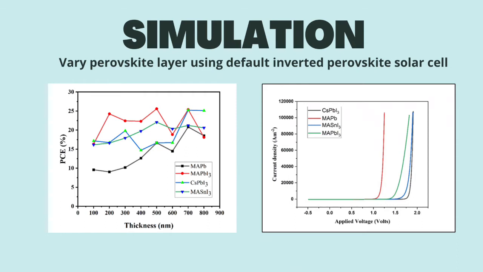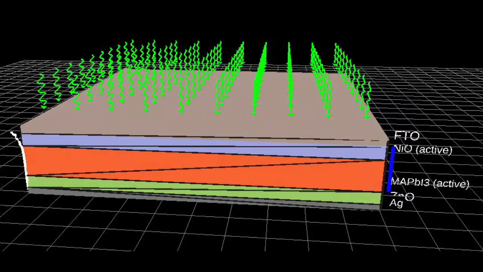The simulation continues with choosing the best perovskite layers with the highest efficiency for changing the HTL, which is methyl ammonium lead iodide. As default, inverted perovskite solar cells use PEDOT:PSS as HTL, a classic HTL that was being phased out in favor of more excellent work function in organic metal oxides like nickel oxide. The new PSC layer consists of FTO, nickel oxide, methyl ammonium lead iodide, zinc oxide, and silver.